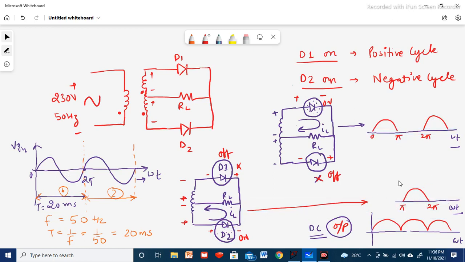Definitely in the output there will be a certain drop, which is the potential barrier, or we can say the junction diode voltage, which is around 0.7 or 0.3 volt depending upon the material used. For silicon it is 0.7 and for germanium it is 0.3 volt. Whatever the drop is, we can see it in the output. While verifying the circuit in LTSpice we will check it. So I have explained the working. Now we'll go for the LTSpice circuit simulation and verify the circuit designed here.